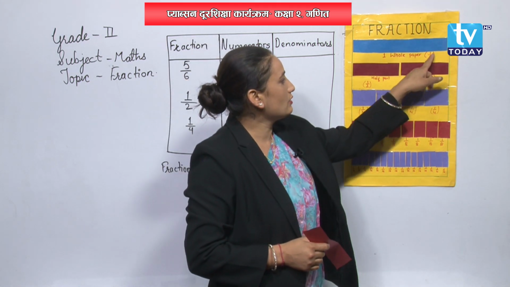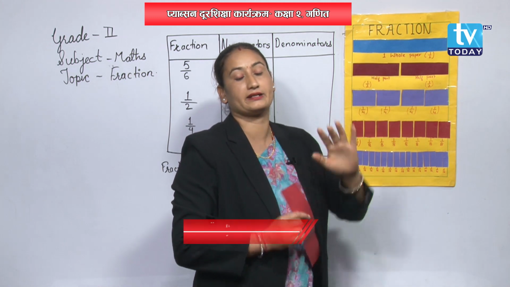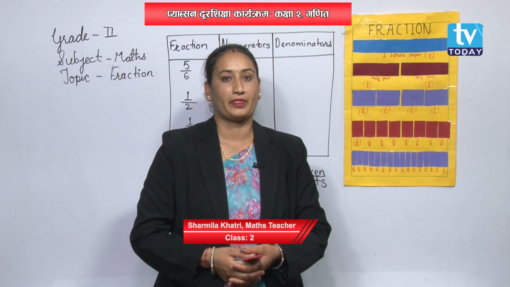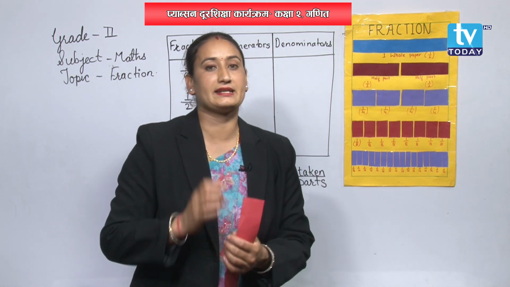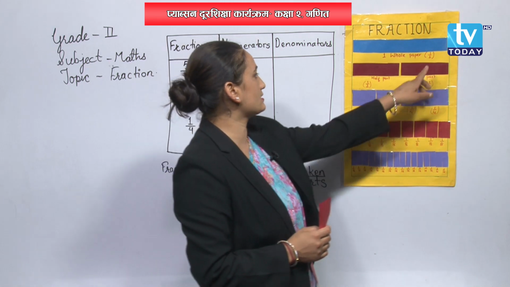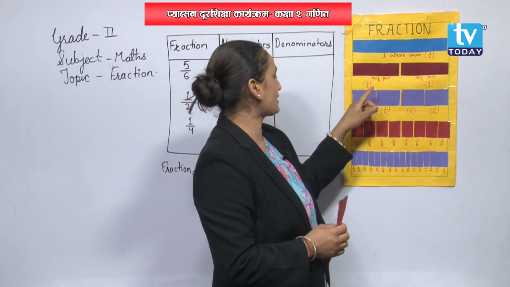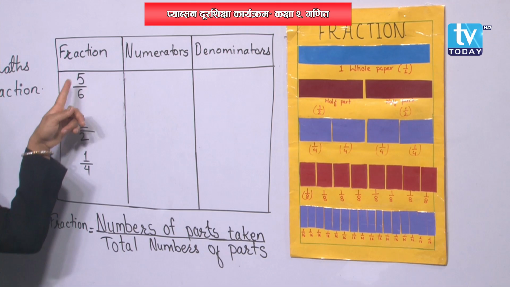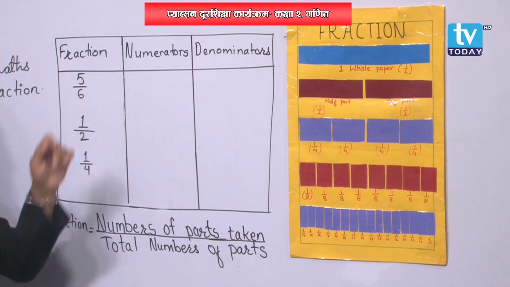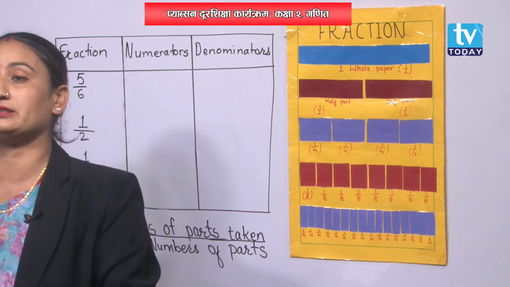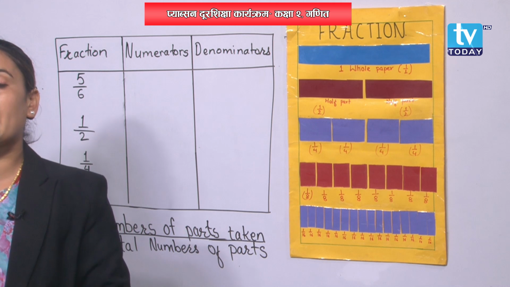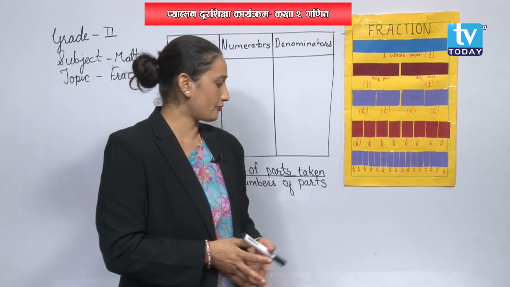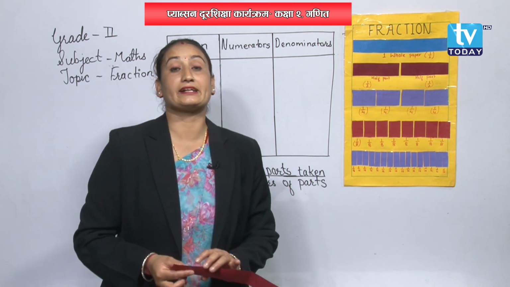So, why am I writing 1 up and 1 down? Do you have any idea about it? There is a middle line. Have you noticed this one middle line? 1 by 1, or for example, here you can see 5 by 6, here is one middle line. Do you know why we put that middle line? That middle line is known as the divide line.